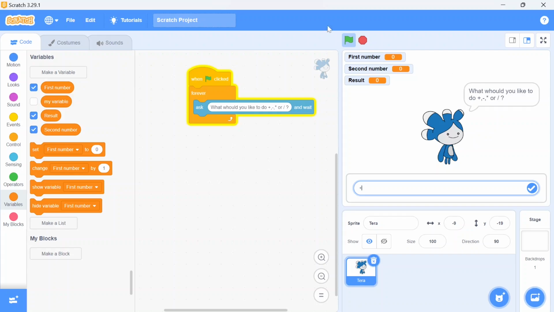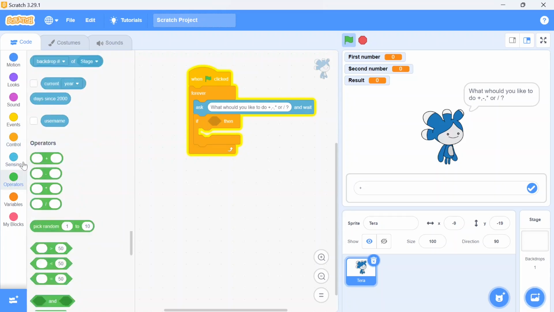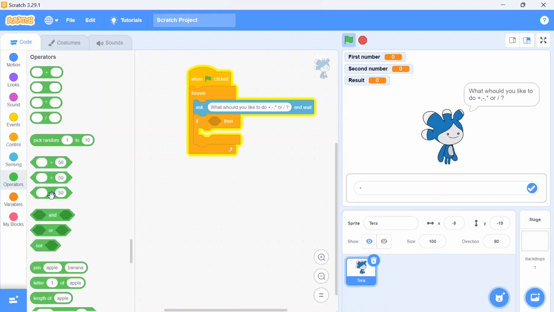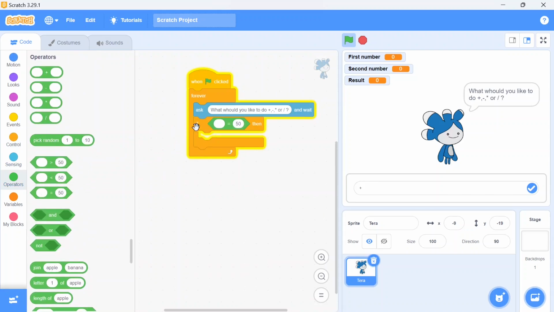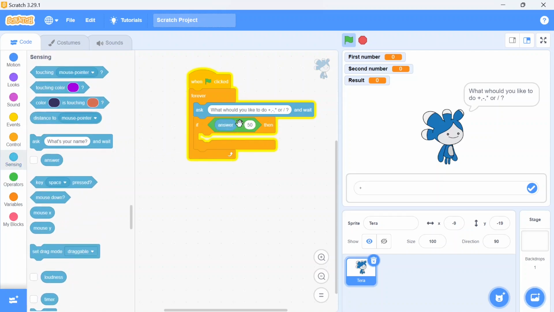So here there is the condition we apply: if the answer is equal to plus. So here we'll use the operator block and I will take the equal one, and if your answer is equal to plus, so what should happen?